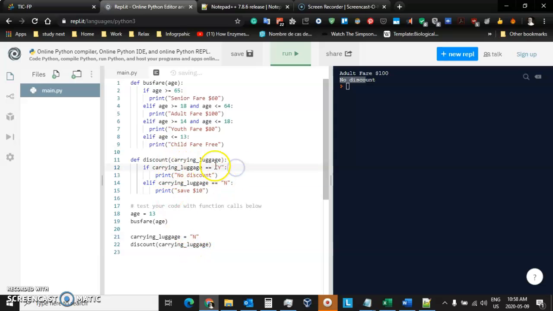Now keep in mind, this is case sensitive. Y or N here are hard-coded as capital. So make sure that you enter capital letters there. So let's go ahead and run it. And this time we see it's a child fare, and you save $10 because you are not carrying